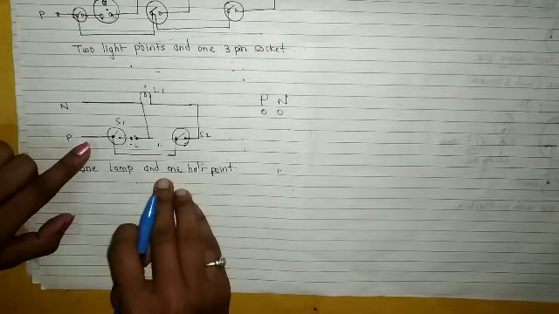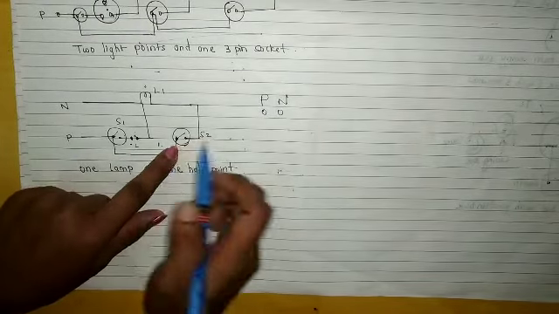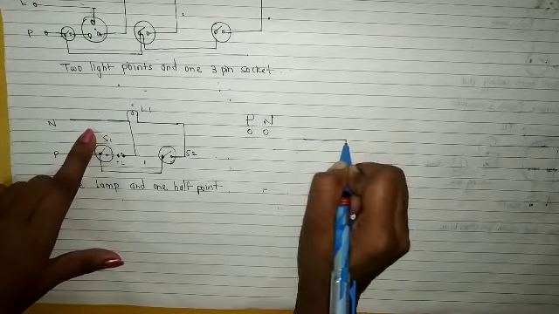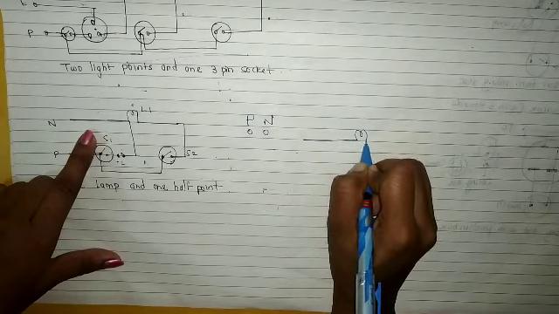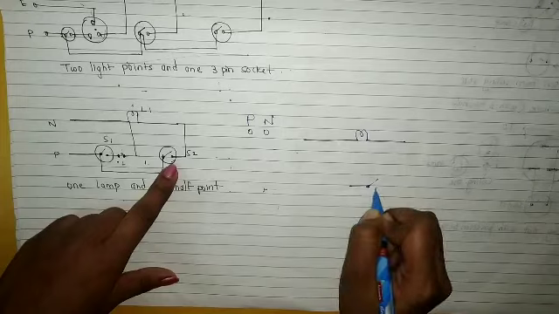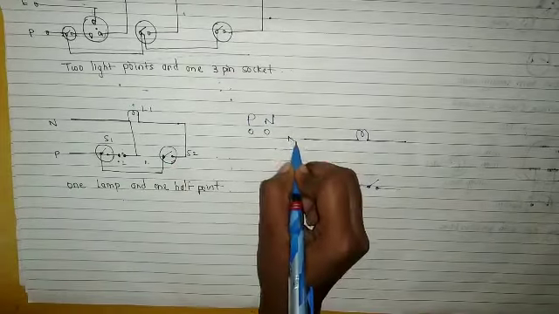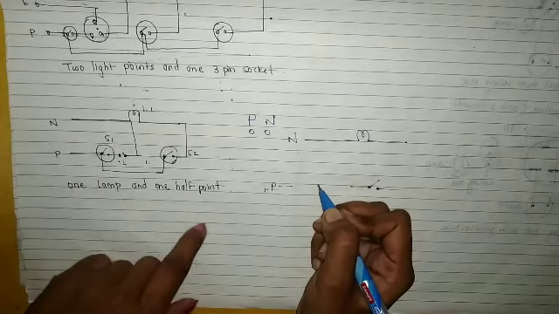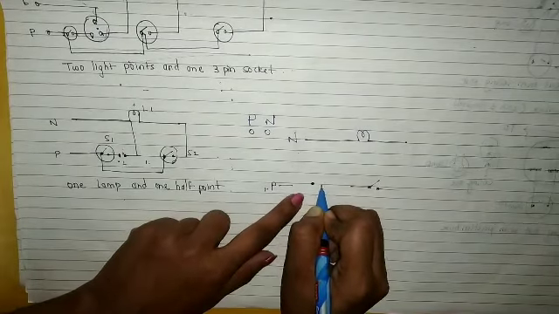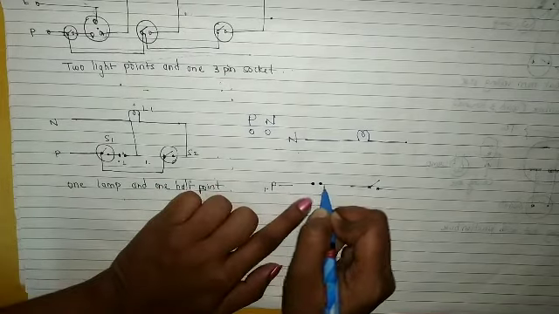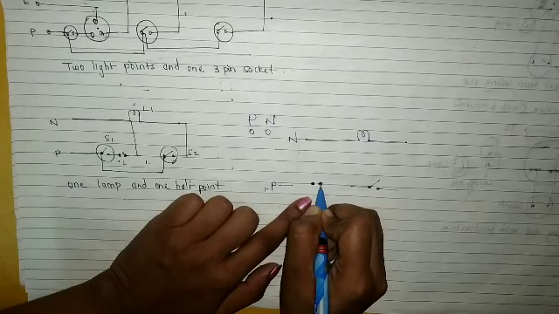So first we have to draw the switch for one lamp. So this is the switch. Now I'll draw it here again. So this is our lamp, and for this lamp we have to provide a switch. So this is our switch, and this is the neutral, this is the phase wire. So what they have said, one half point means what? There must be 2 points, so we can plug the charger or something like that. So this point is the half point.